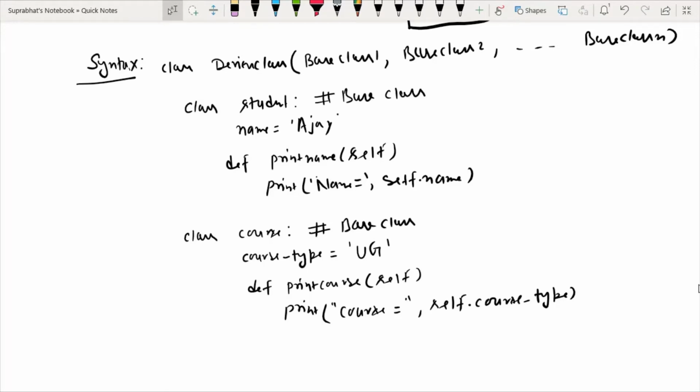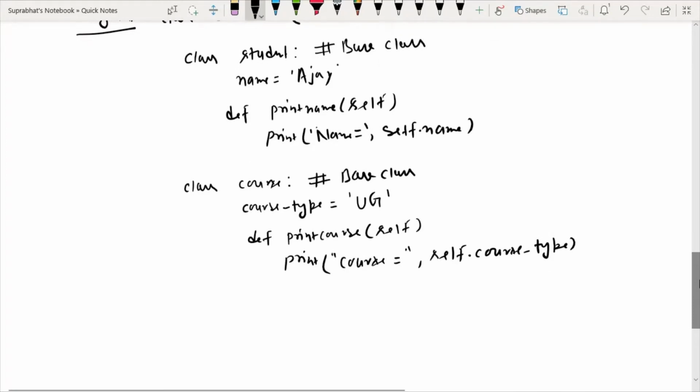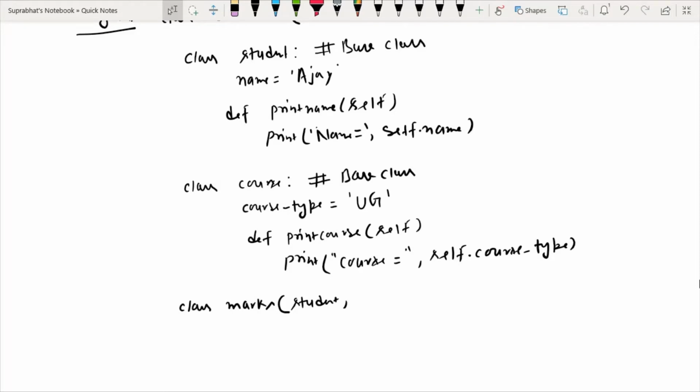Any number of base classes we can take according to our question requirements. In this example I am taking 2 base classes. Now I am taking class marks. So this is the multiple. Now I will write parenthesis, and in parenthesis first I write student, then comma, then the second one, course. So this is multiple inheritance.